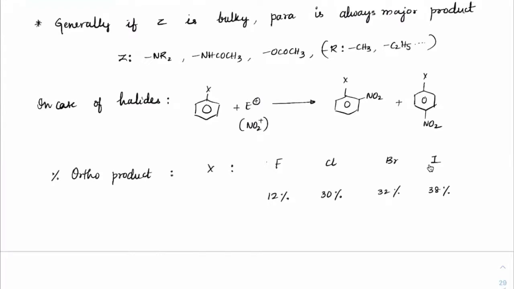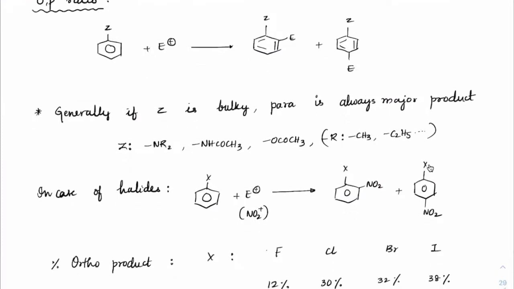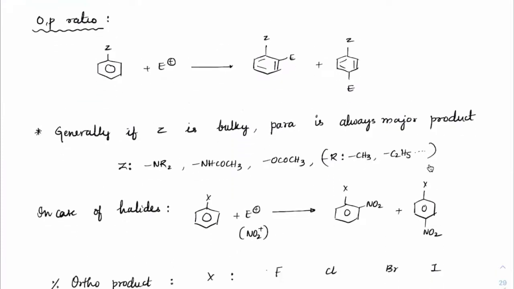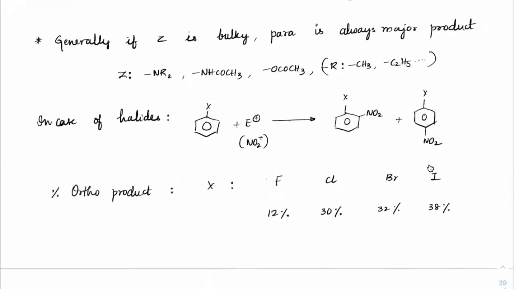Correct? Now this comes from a fact not about crowding. This comes from the fact that the minus I effect of fluorine would be much more effective at the closest distance here. So if you have fluorine here, because the minus I effect will be more on the ortho position, less substitution will take place. Para would be the more substitution which will happen. As you come towards iodine, the percentage of ortho is increasing. Iodine is a little bigger in size, and still, electronegativity-wise, ortho is much closer compared to para. I hope you got the point there. So how to determine the OP ratio? I hope all of you got an idea. Especially in halides it is important.